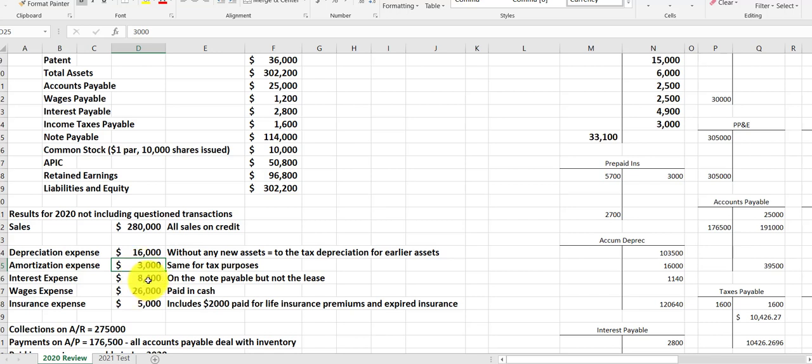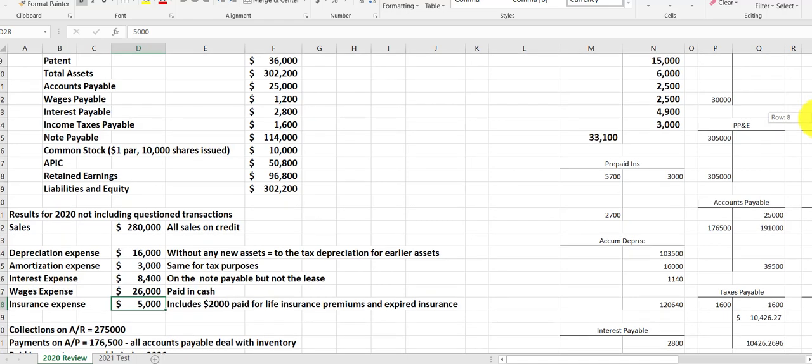Either way is acceptable. Interest expense, debit $8,400 to interest expense, credit cash. Wages expense, paid in cash, debit wages expense, credit cash. And then insurance expense. $2,000 of it is for life insurance, the rest of it expired. So you've got credit cash, $2,000, debit insurance expense, $2,000, credit prepaid insurance, debit